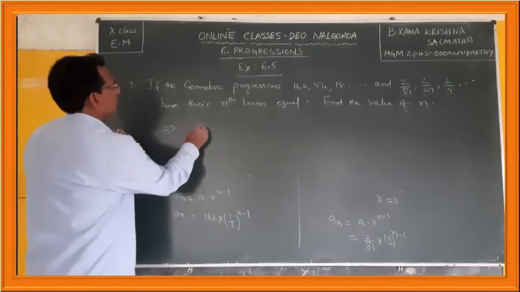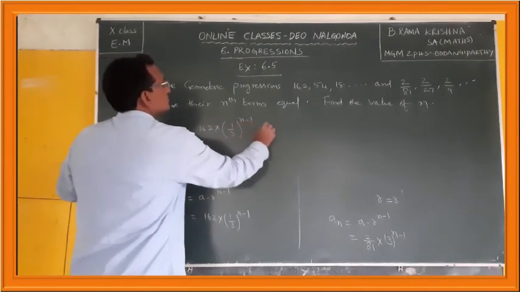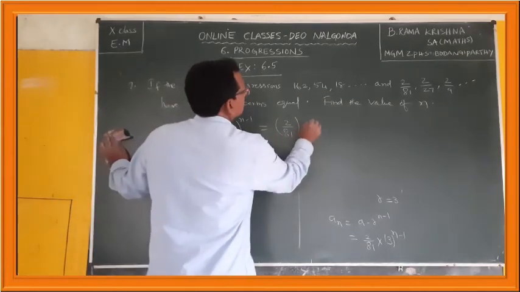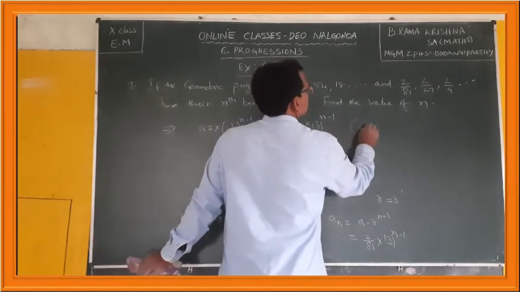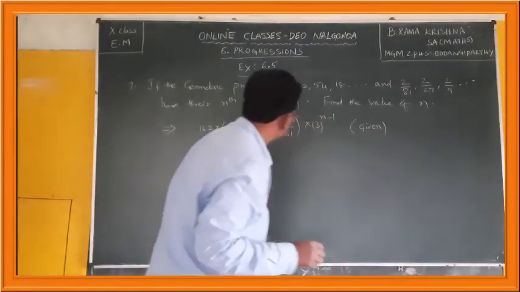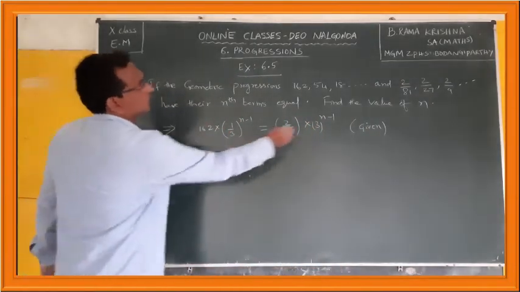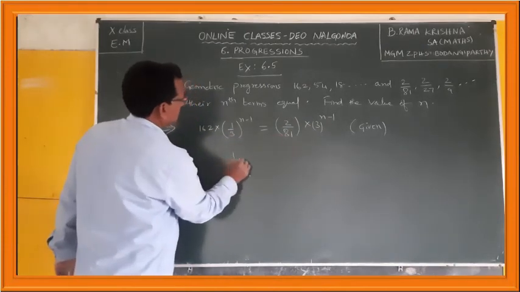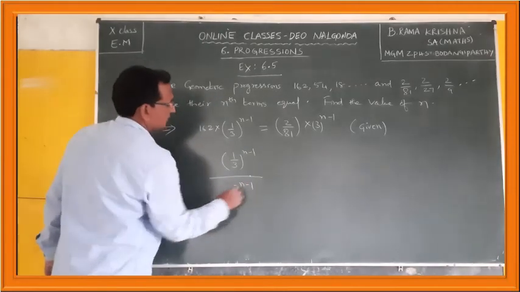Implies 162 into (1/3)^(n-1) is equal to 2/81 into 3^(n-1). This is according to the problem given. Now, if we find n, that is the solution we require. So, bring all the n terms to one side. Bring this to this side: (1/3)^(n-1)